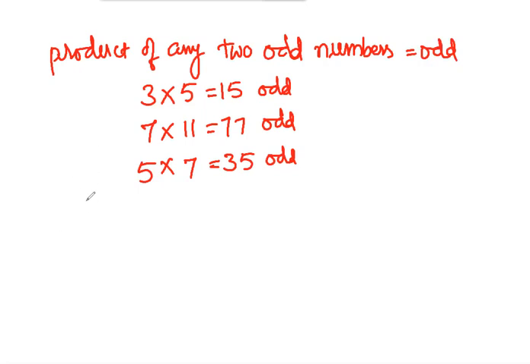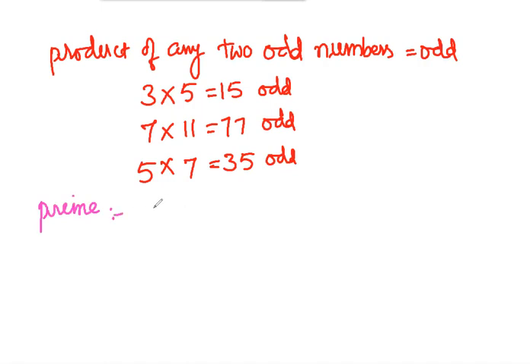Now let us understand about prime numbers and composite numbers. In the previous videos, I have already explained how to find prime numbers from 1 to 100 by the sieve of Eratosthenes, and also I explained prime numbers and composite numbers clearly. Now, once again, I will try to explain briefly.